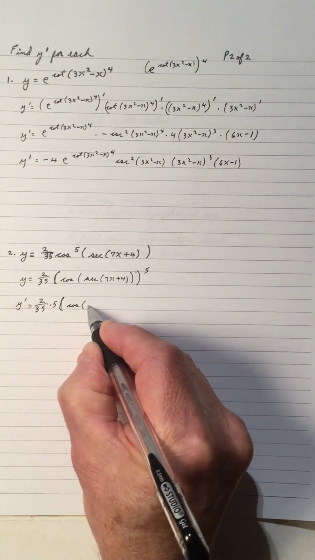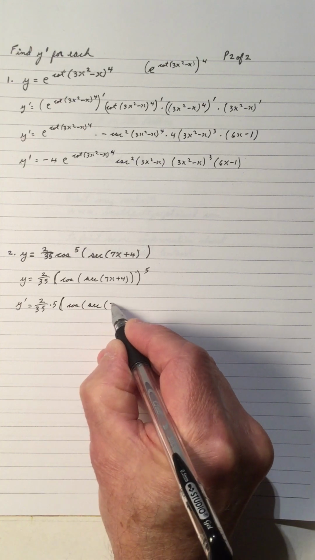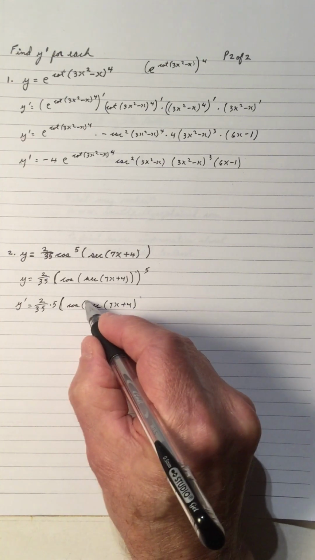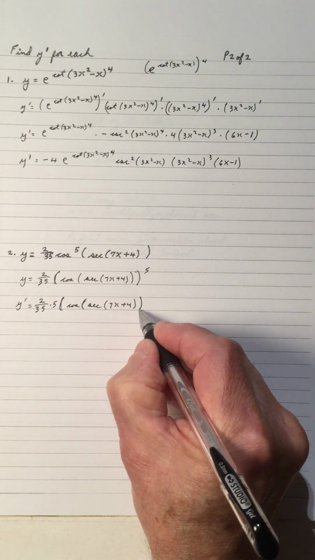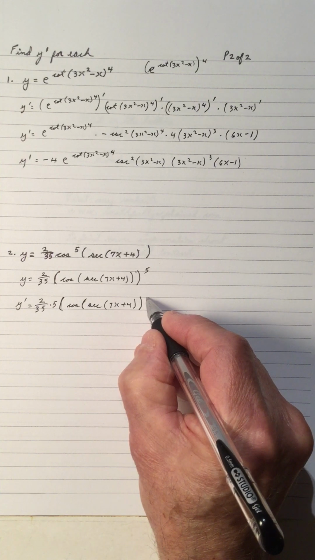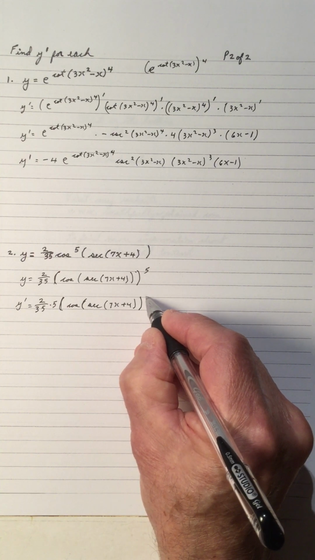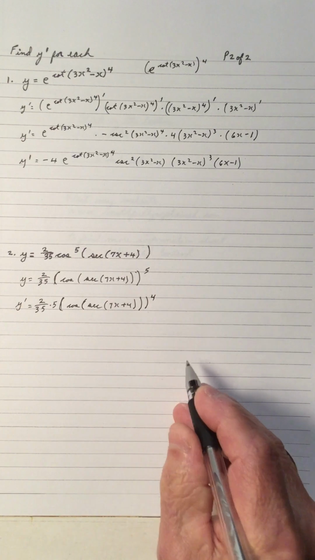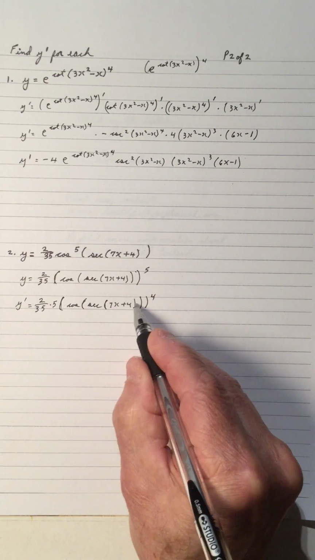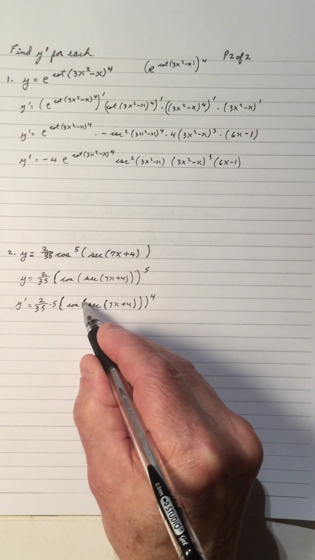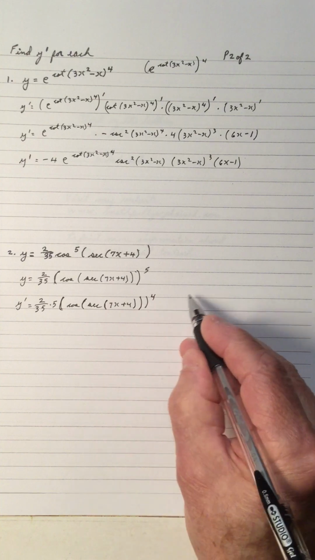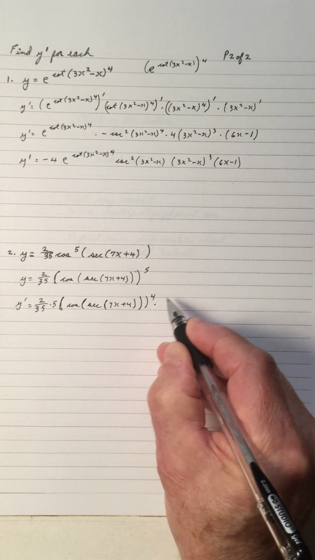cos, secant, and this bracket here takes care of here, and we have, that's the 5th power, so that becomes raised to the 4th power. And again, more brackets, but these two brackets go together. These two brackets enclose each other, so that's why there's a third one here. And we do the derivative of,